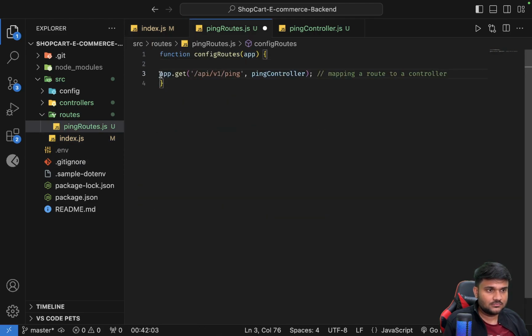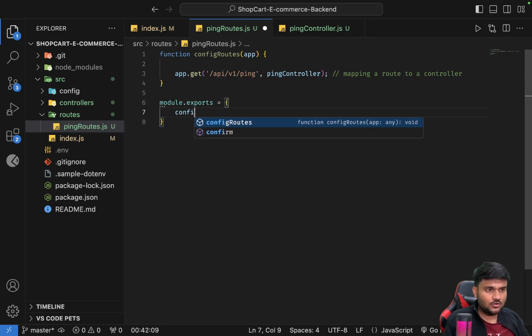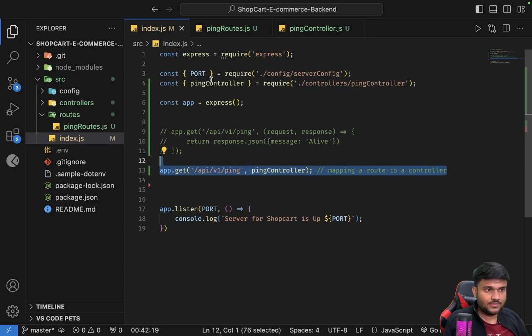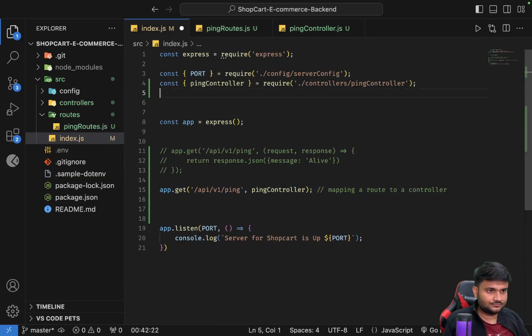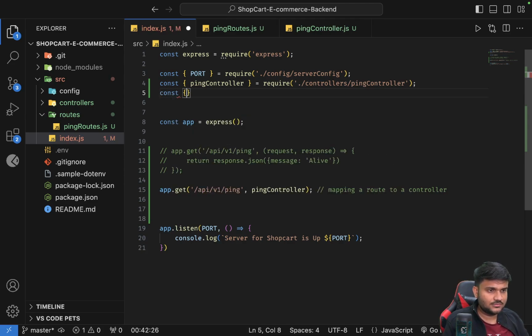Copy paste. Okay. And let's say we do something like module.exports config routes. Okay. And we will call it, let's say, config ping routes. Okay. And then let's say I'll import it, const require